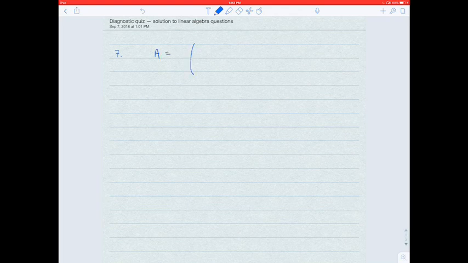We have a 2 by 2 matrix A, which is given as 3, 4, 4, 9. We're also given a vector V, which is 1, 2. And it asks, is V an eigenvector of the matrix A? So let's remember in general what is an eigenvector. So V is an eigenvector